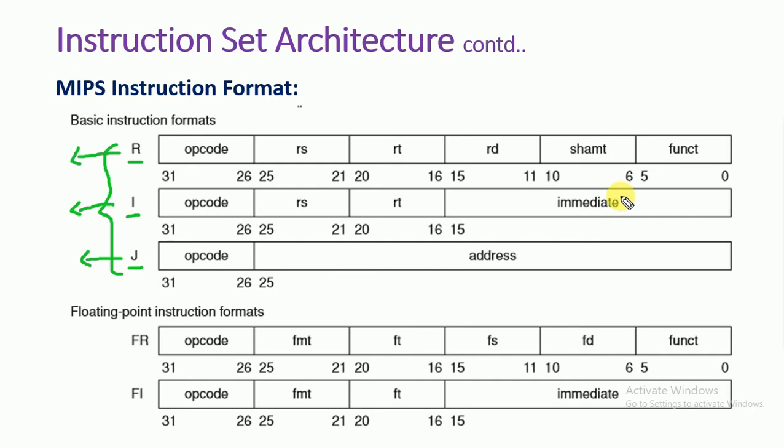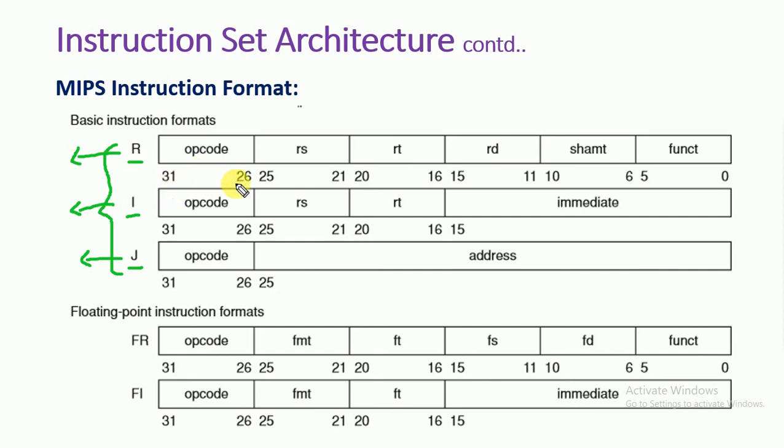So 3 examples are given: one R instruction format, one I instruction format, one J instruction format. For all the instructions, it takes the entire 32 bits, that is the fixed length for encoding. Okay, so what is this R instruction? The instruction that uses registers. This 0 to 31 is a total of 32 bits. Here is how the different bits are divided for storing the different elements of that particular instruction.